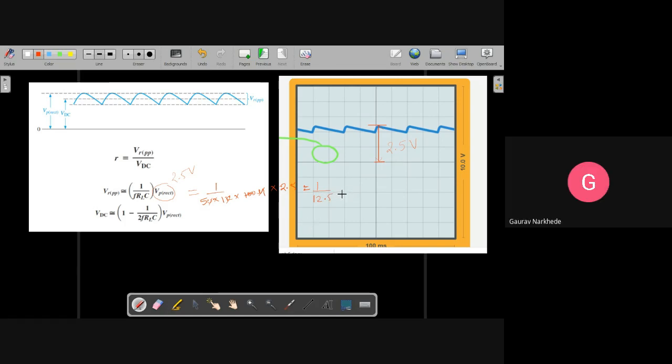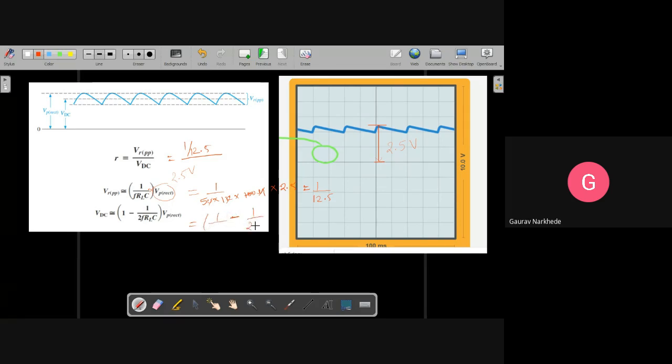So you got this value, VRPP. This is nothing but 1 divided by 12.5 divided by VDC. How will we calculate it? The VP rect will be multiplied in the numerator. And VDC, what is VDC? If I simplify it, this will be 1 minus